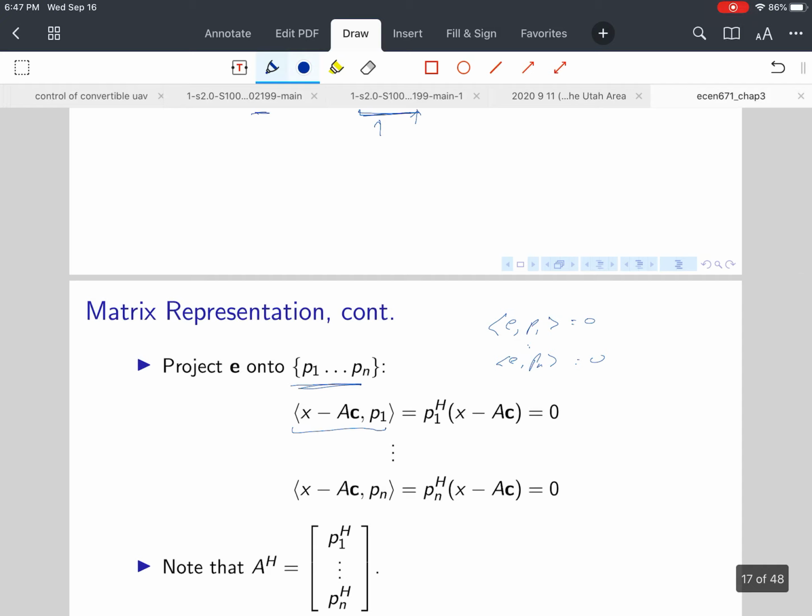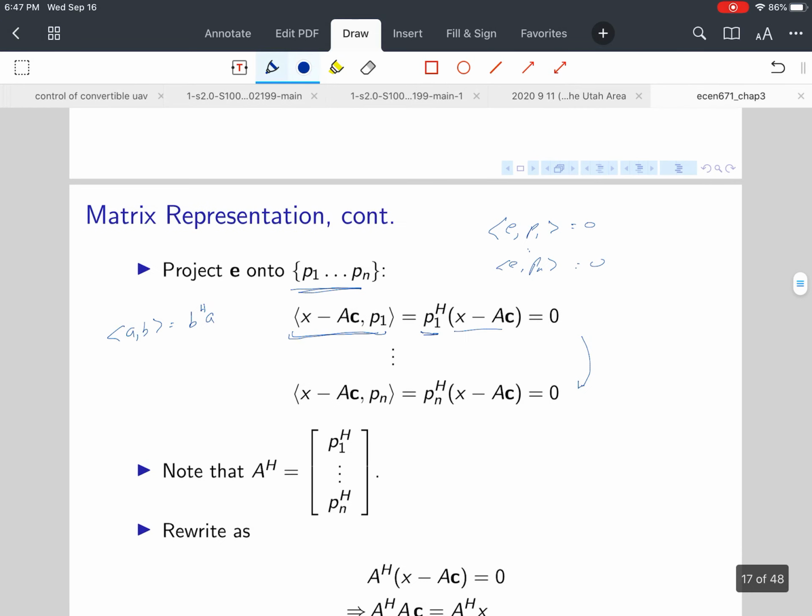The inner product in Cn of A with B is going to be B^H A. So this inner product equal to 0 is just P1^H times (x minus AC) equal to 0,